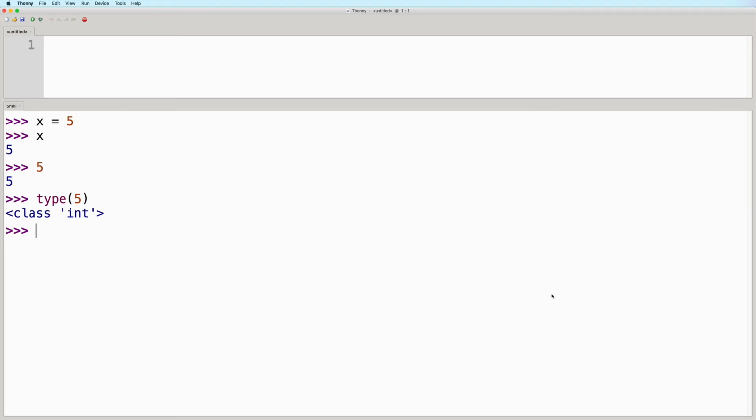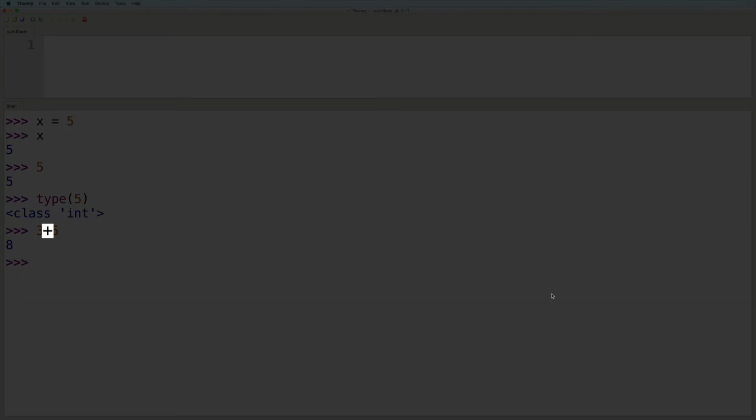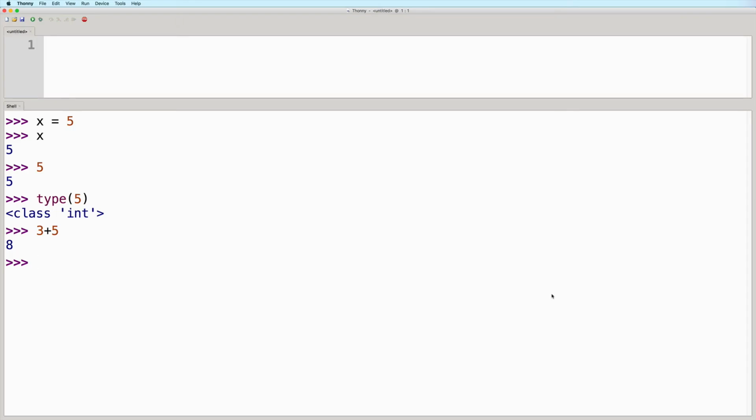One simple example that we've already seen in previous videos is the addition operator, which tells the program to add values. For example, 3 plus 5. This is an expression that will perform an addition operation on the values 3 and 5. The end result is that it evaluates into the value 8. In this expression, the plus symbol is what we would call an operator, and these two values are what we would refer to as operands. There are many more operators aside from this one that we can use in expressions, and we are going to take a look at some more of them in the next videos.